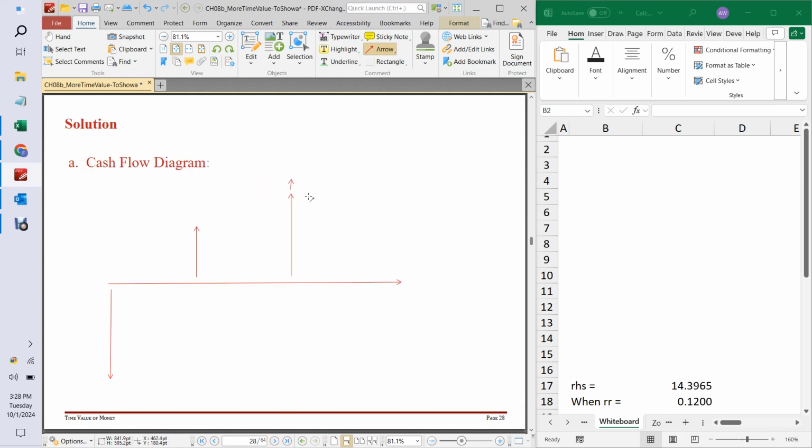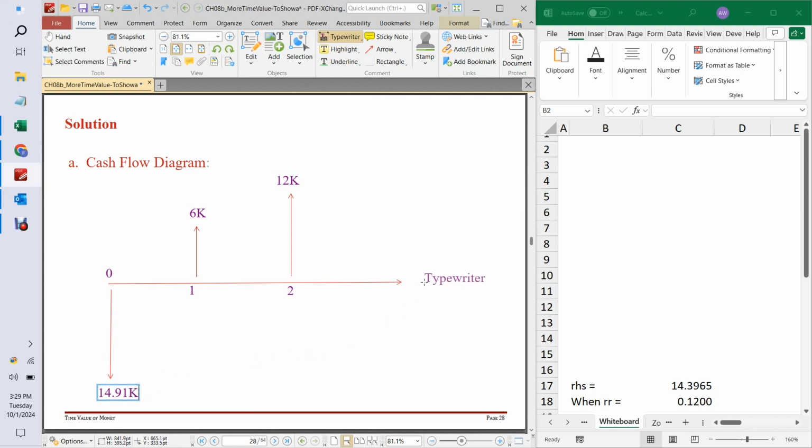Let's see. Nope, that doesn't work. All right. Let's fill this in here. So this is time t equals 0. This is time t equal 1. And this is time t equal 2. And here's our 6K. And here is our 12K. Okay, and to make this all happen, we're going to need to pay right up front